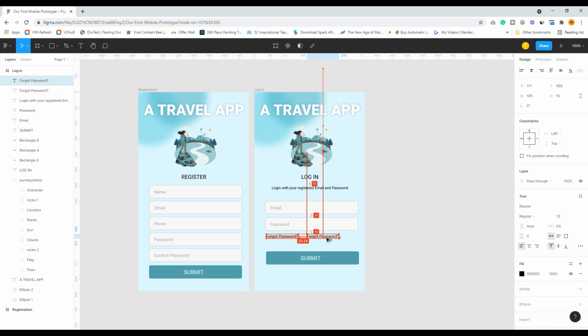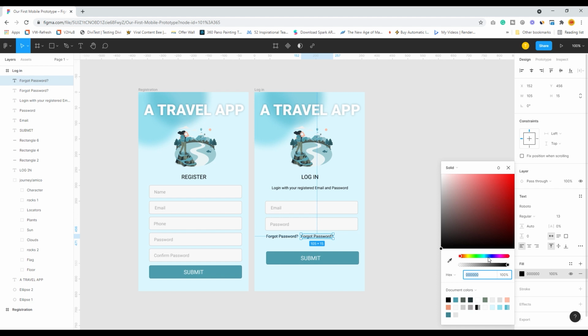Alt and Shift. I will have it as a link over here and change the text to reset password. Okay,